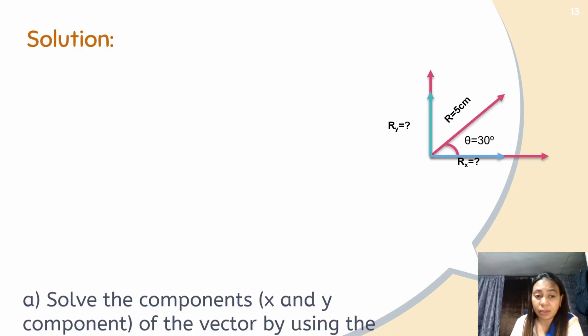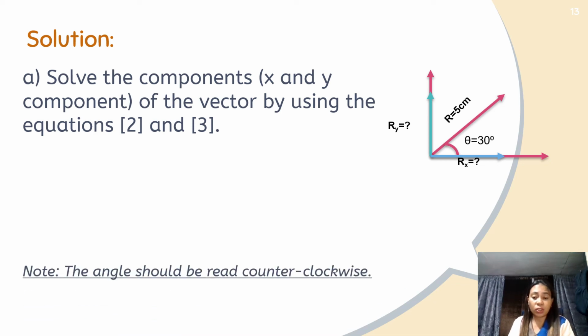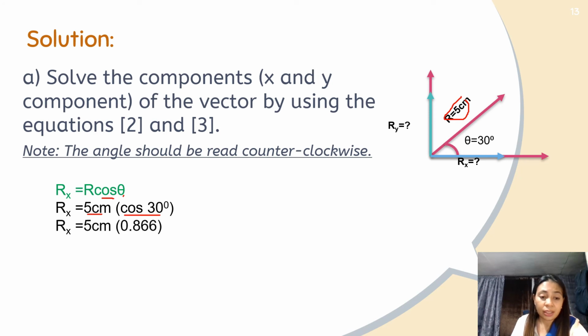That's the diagram again. So solve the components x and y of the vector using the equations. What was our equation? Rx equals R cosine theta. So the R is 5 cm, that's given here, times cosine 30. You copy cos 30. Then the answer, in your scientific calculator, cosine 30 is 0.866. Therefore, 5 times 0.866 is